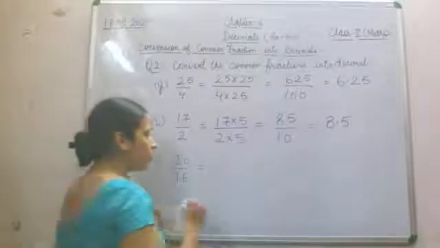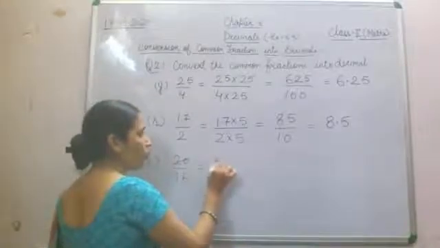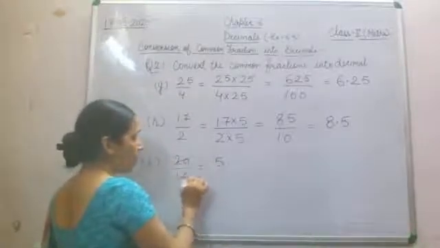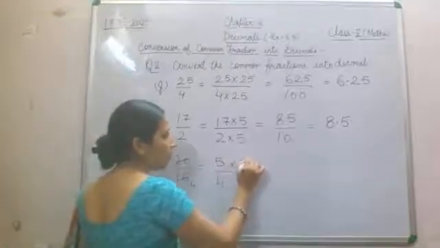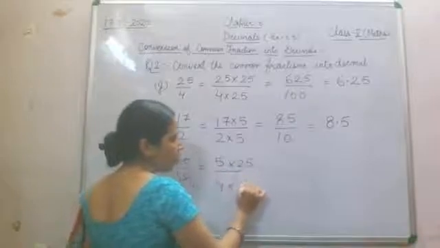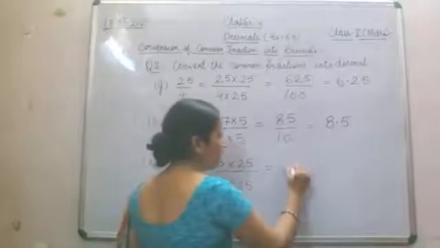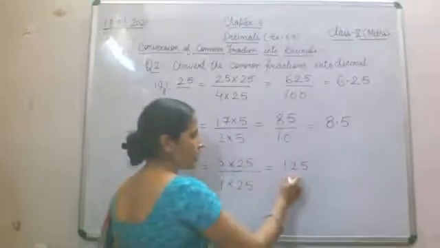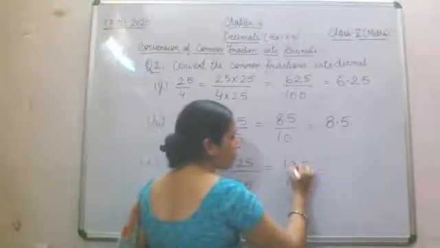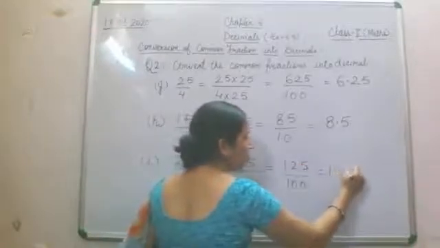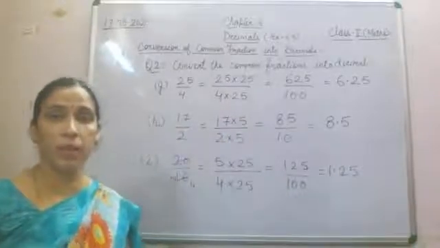Okay, so let's start that. Now one more thing also you can do, you can reduce it into lowest form. 4 5s are 20 and 4 4s are 16. What you will get? 5 by 4. Now 4 can be multiplied by 25 to get 100 over there. So we'll do it. It will become 25 5s are 125 and 25 4s are 100. Start counting from back and just put the decimal. That will become 1.25.